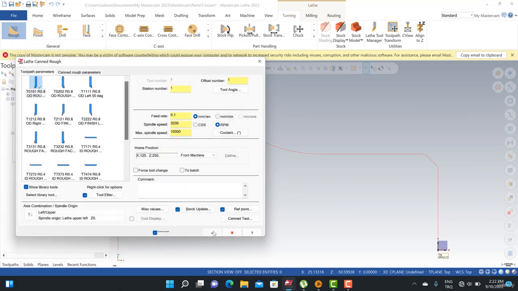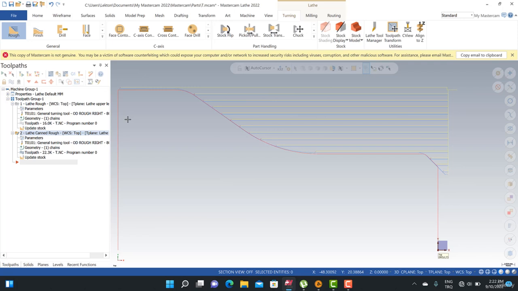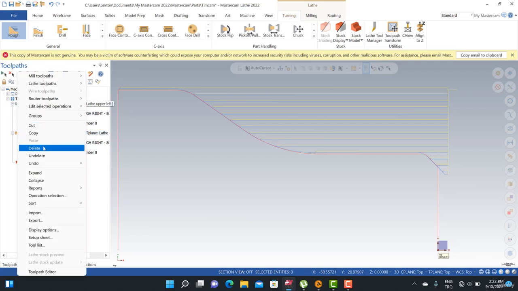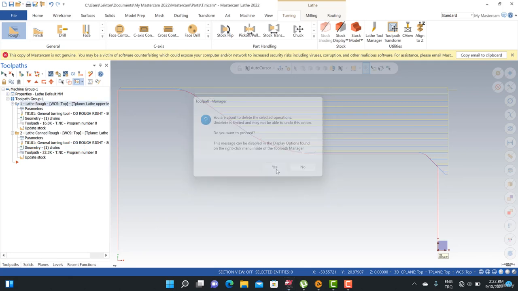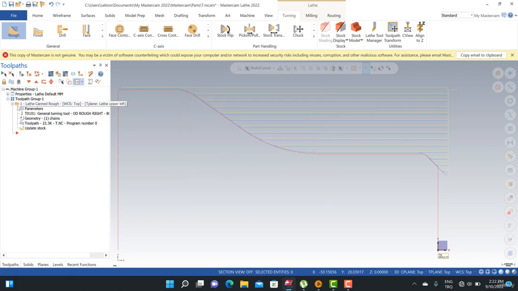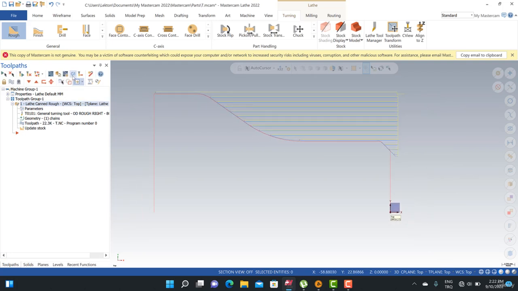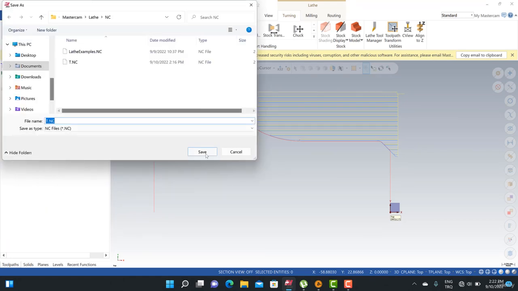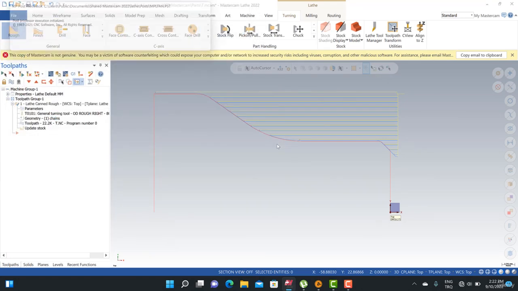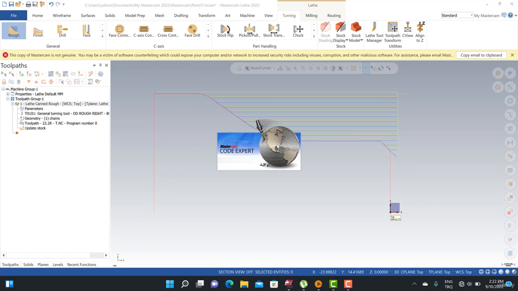Okay, I just need to click the OK button. So actually we don't need that stuff. I just would like to share why we need that kind of canned rough code in Mastercam. Okay, I just need to click here, and then we can easily get our G code. Okay,